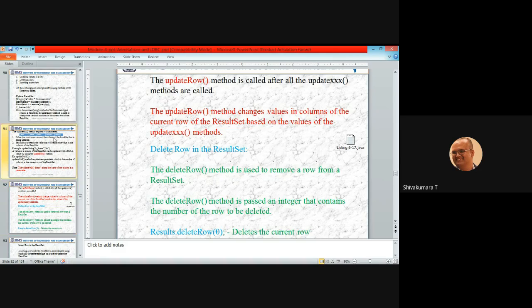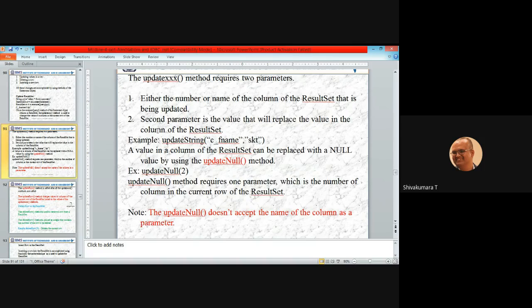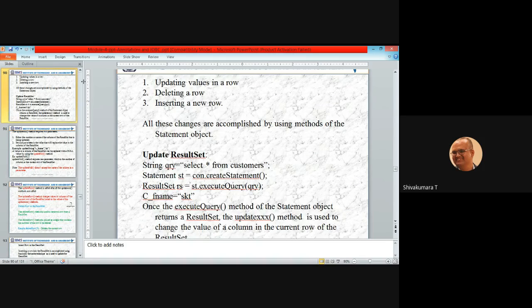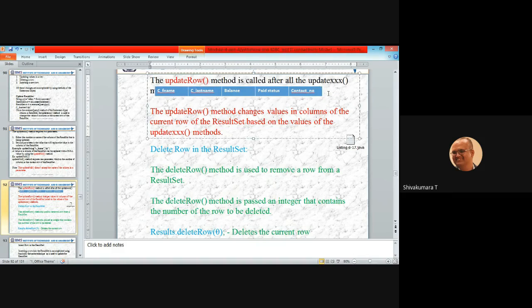So let us take the same example, the same table, the schema of the table. Let us take one record, for example, SKT, P, balance 5000, paid status no, and a contact number, some actual number.